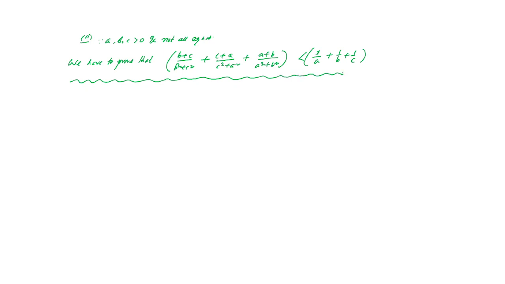How to prove? So without loss of generality, because they are not equal, we assume that A is greater than B and B is greater than C. That means on the real line, this is A, this is B, and this is C. Now,